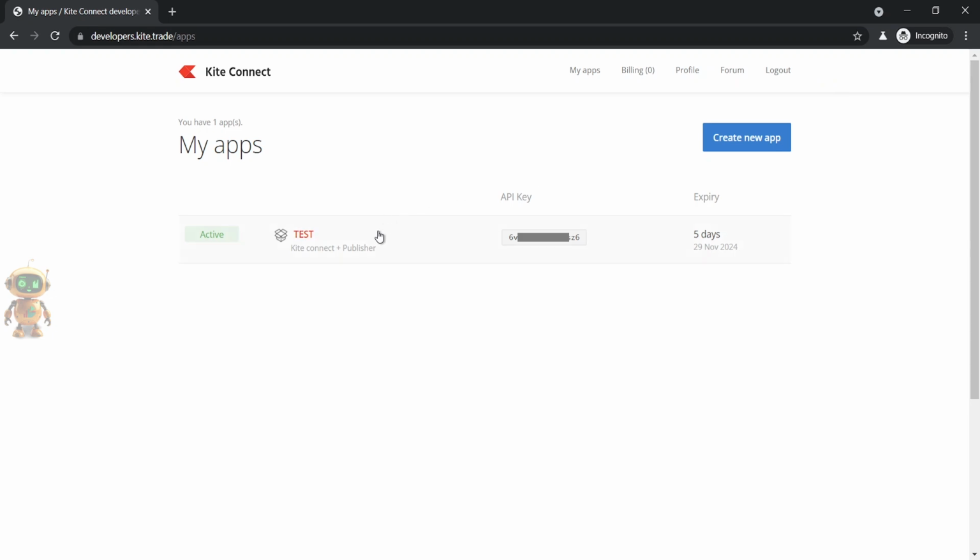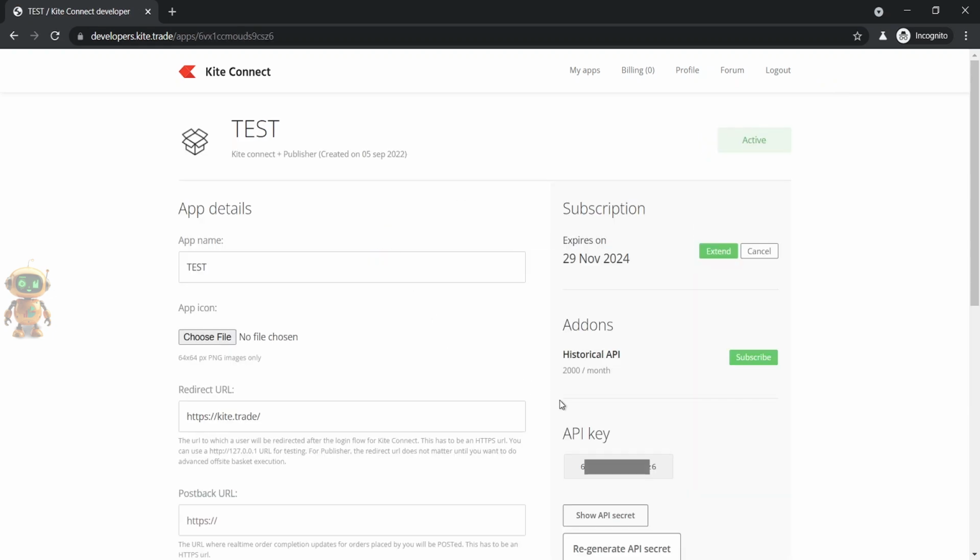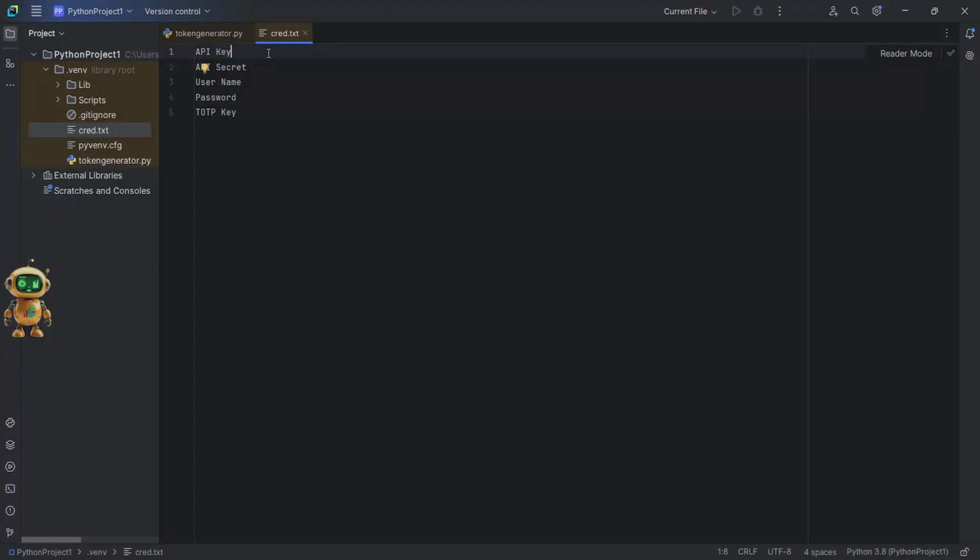Then select your application. Here you will get the API key and API secret. Copy the API key and API secret to the credential text file.